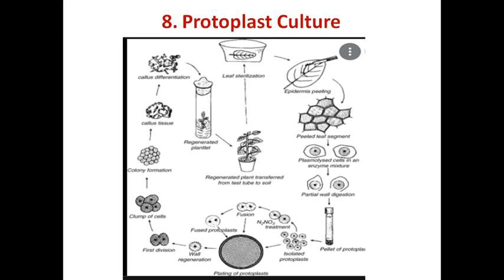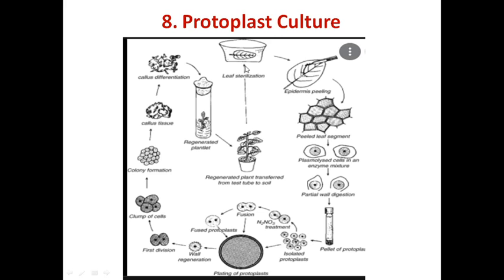It is the culture of plant protoplasts, that is, cells devoid of the cell wall. Isolated protoplasts are usually cultured in either liquid or semi-solid agar medium plates. Protoplasts are isolated from soft parenchymatous tissue by an enzymatic method, and the viable protoplasts are purified and cultured. Protoplast culture is usually followed for the development of transgenic plants. Another aim of protoplast culture is the development of somatic hybrids of two plants through protoplast fusion.